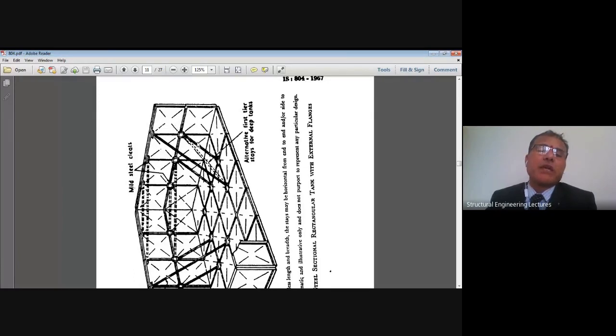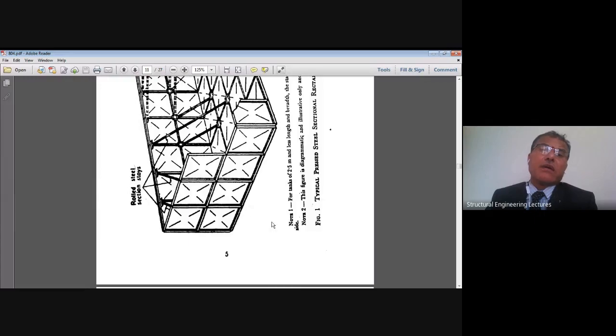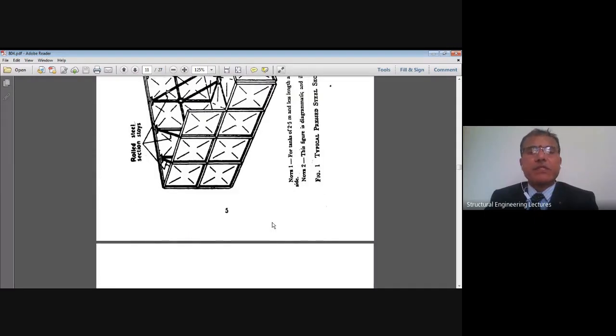That is how the bottom stage is carrying more tension than the top stage. The top stages have less bursting force, and the bottom stage will be resisting more tension due to heavy bursting force. And now the code says that alternative first tier stays may also be provided like this from 1.25 meter to 2.5 meter, alternatively, if these are deep tanks. Then now we'll see the other specifications.